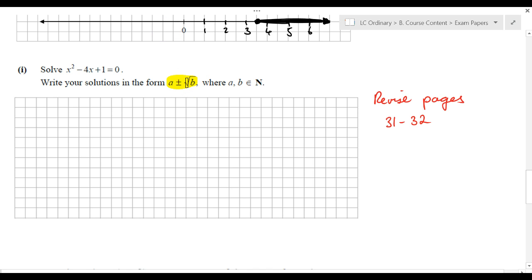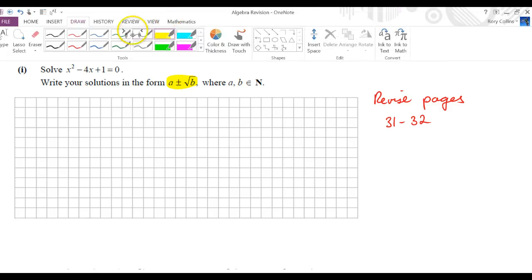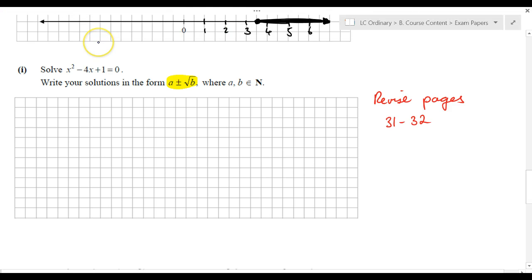This is indicating to me that I probably won't be able to factorize this, and I'll need to use the quadratic formula. So, using the quadratic formula, I have minus b plus or minus the square root of b squared minus 4ac all over 2a, where a is equal to 1, the coefficient of x squared, b is equal to negative 4, the coefficient of x, and c is equal to 1, the constant. To give